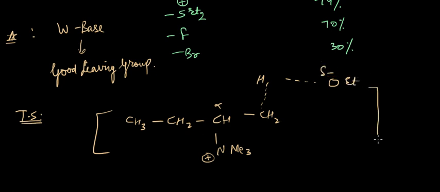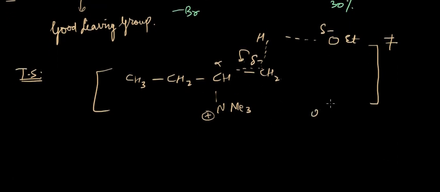Okay, and we need a strong delta minus here so as to enforce a double bond character in this bond and to slightly cleave this bond. Okay, so for this we need a partial negative charge here, hence EtO minus will attack this carbon atom rather than this carbon atom. Okay,